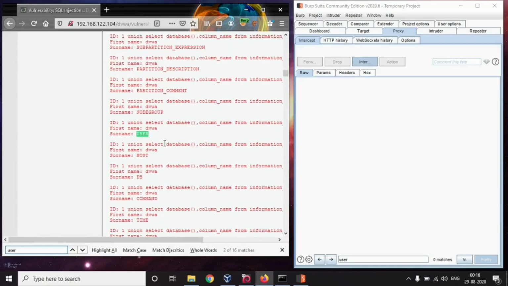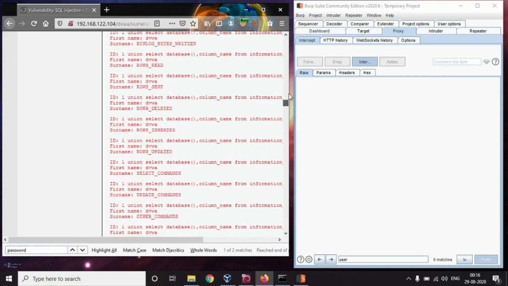Now we have a column name user, and let's see if there's any column name called password. Yes, we have a column name called password as well.